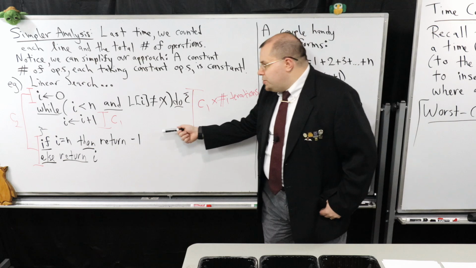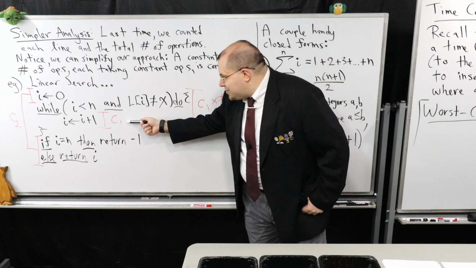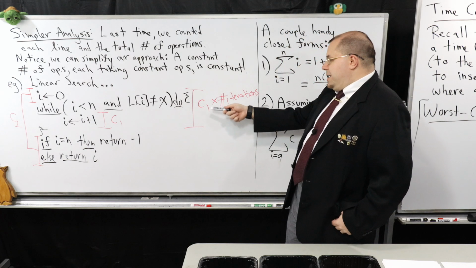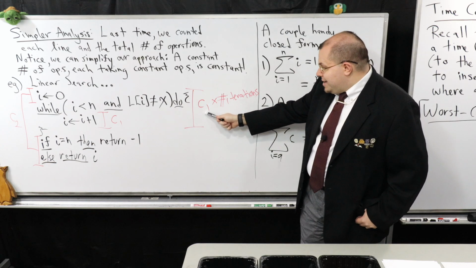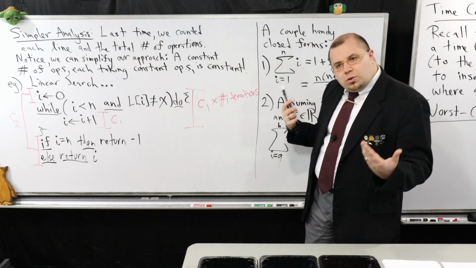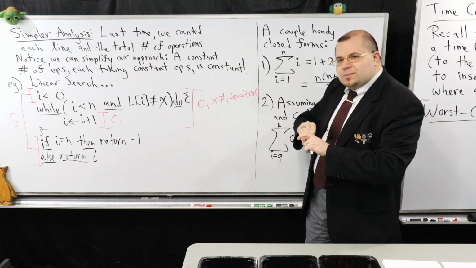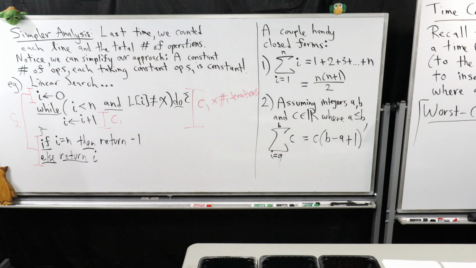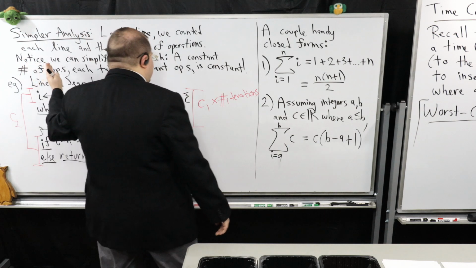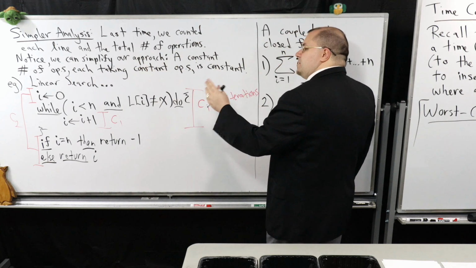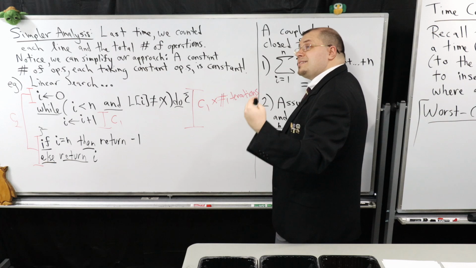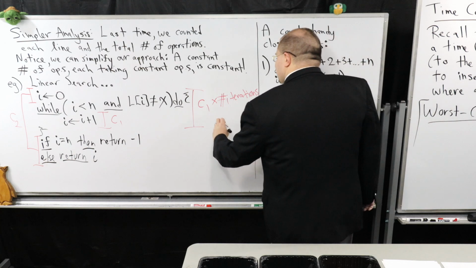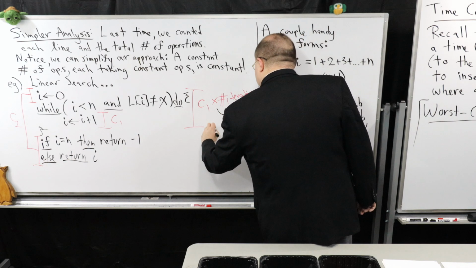So all we really have to do is, if we think about this carefully, I just really have to count how many times this is happening with respect to the loop. And if you take that and simplify it down, you see, okay, it's C1 times this. But in the worst case, as you may see, we do this assignment here n times in the worst case. Because remember, in linear search, we scan from the left to the right. And when we hit the furthest right side, remember, this is when x, the element, sorry, the key I'm looking for, is not in the array. So in this case, in the worst case,